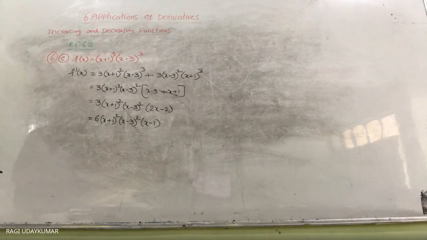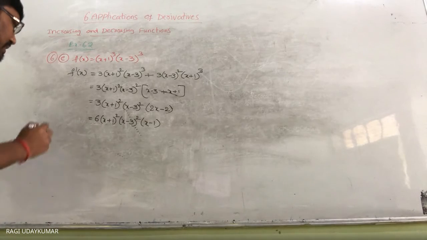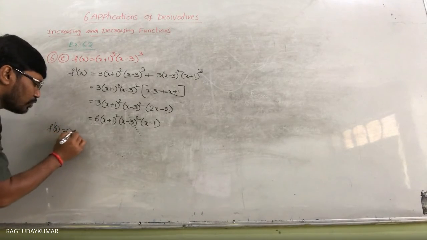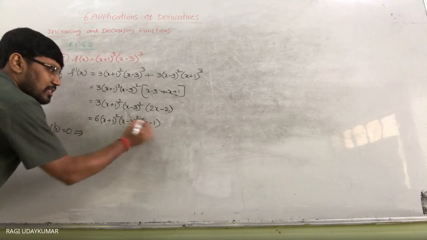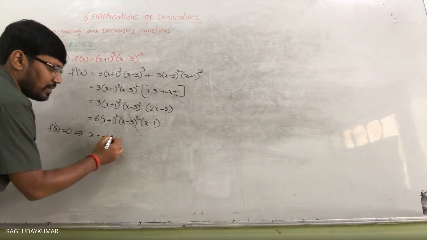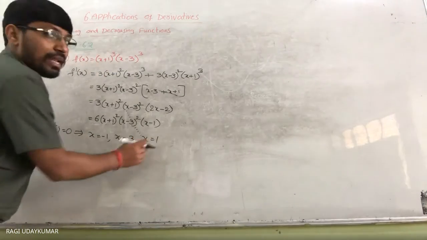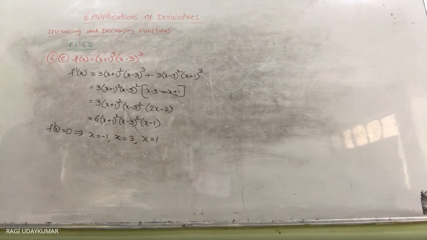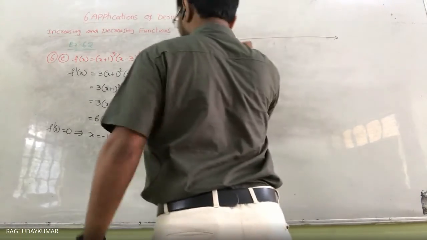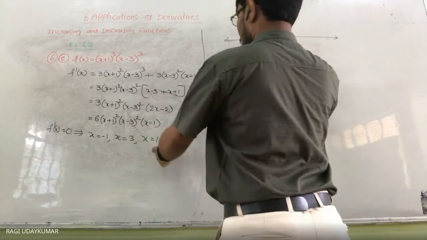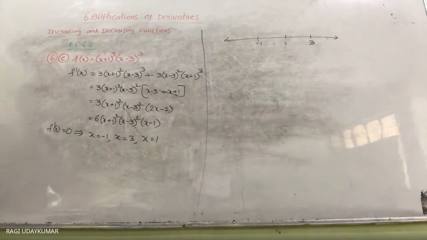Here, whenever you see that, it is going to divide it into different intervals. How many intervals are you going to get here? f dash of x is equal to 0 implies this one is equal to 0. So x is equal to minus 1, x is equal to plus 3, x is equal to plus 1. These numbers you try to write in a proper order. Okay, interval line whenever you take into consideration. So first what you get is minus 1, next what you get is 1, next what you get is 3.